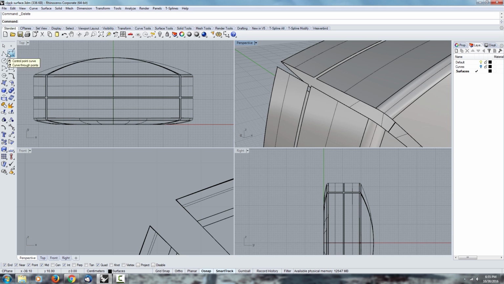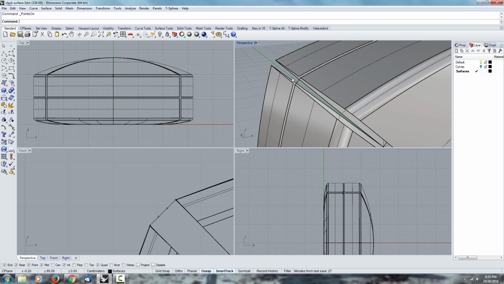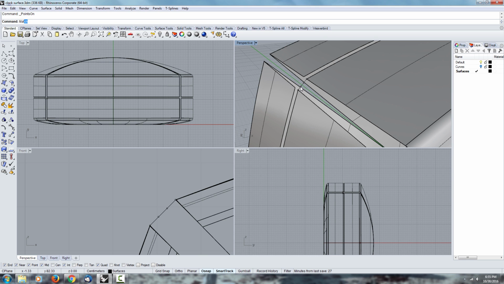So another way you could do it is using a single curve, and there's a few different options you can use, but I like to use this one here because it gives you degrees. And for now we're going to use degree 3. The reason for that is because we can just go in, set up a single line, and then once we show the points, it gives us exactly 2 points to work with, which means we can match